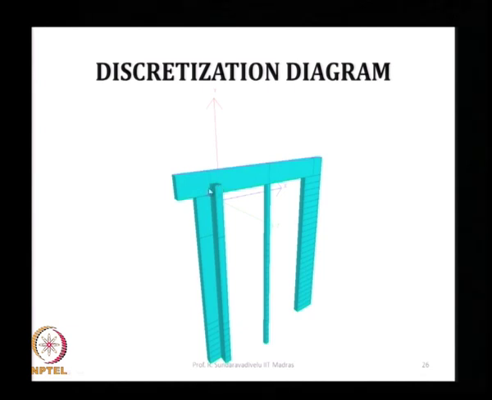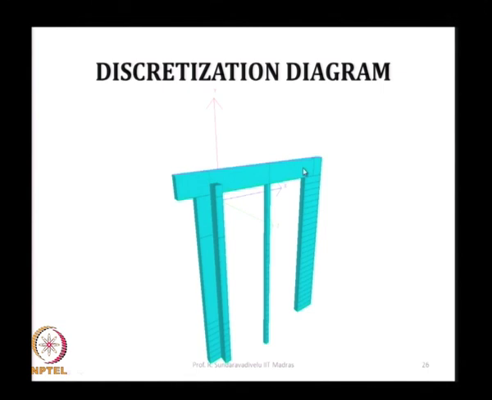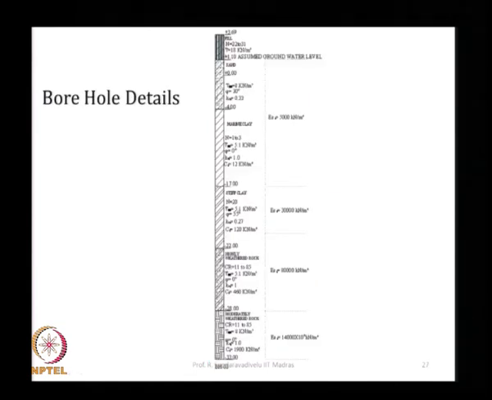This shows the 3D idealization of the structure using StaadPro, which is standard software used for structural analysis and design. We will be seeing this in next class, how to generate the data for this. This is a T diaphragm wall, this is a circular pile, it is a rectangular anchor wall, there is a beam which is connecting. We have taken a typical 2D structure for the analysis. It shows the borehole details.